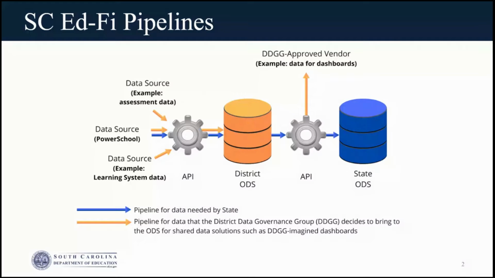So when publishing data to an ODS, it's important to know that the system that is the data source, so the system such as PowerSchool, needs to connect through an application programming interface, or API. An API allows applications to talk to each other. And so in this case, it's basically the code that translates the data coming from the source system, for example, coming from PowerSchool, so that it can be published to the ODS, which is accessible with a URL, an API URL, a key, and a secret. Okay, so that's just a little bit of context.